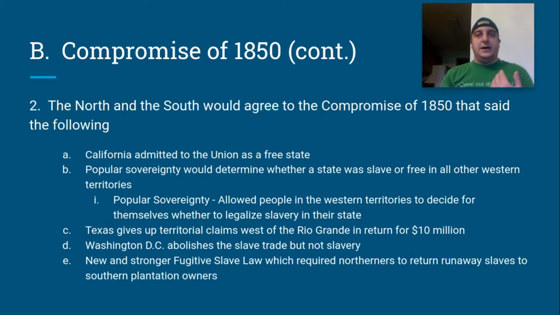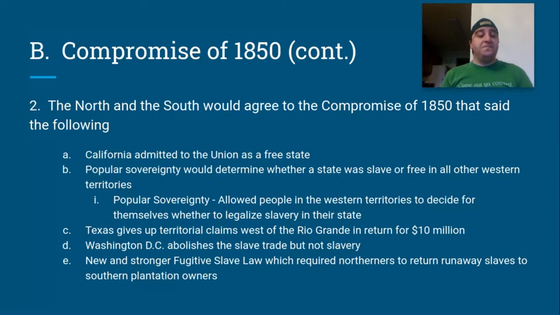If the Missouri Compromise line had stayed in place, there would have been no way that the South would have had more states than the North by the time everything was all said and done. So this popular sovereignty position is definitely going to favor the South more than the North, because it gives them an opportunity to have more slave states than they would have had the Missouri Compromise not been gotten rid of